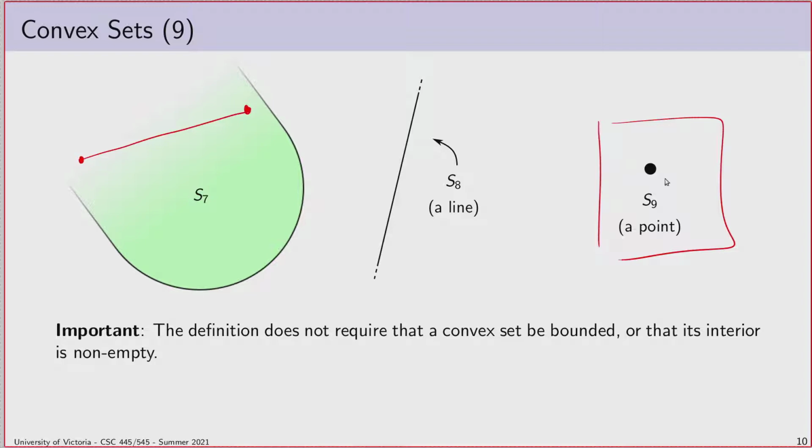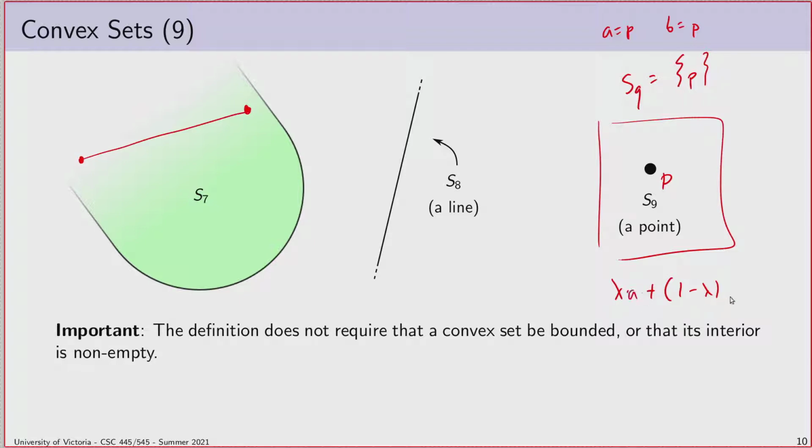So a set of size 1, so we'll call this point P. So S9 is just the set {P} by itself. Maybe I've got to work on my curly brackets here. And you'll notice if you try to apply the definition, which is choose any 2 points in the set, well, that means that A equals P and B equals P. There's only 1 point in the set, so if I choose 2 points in the set, I get the same point twice. And then I ask myself, if I take the convex combinations,